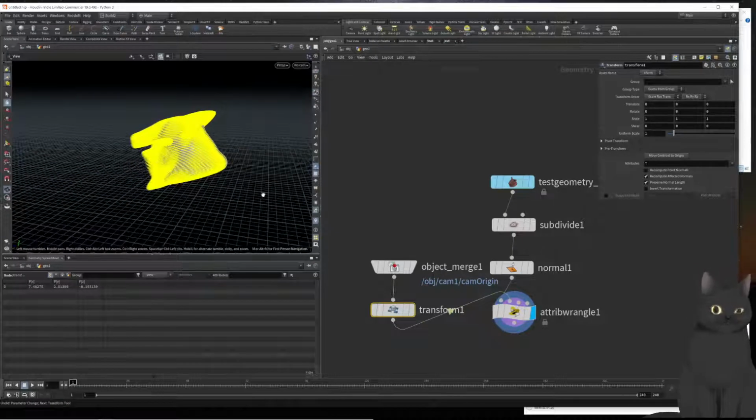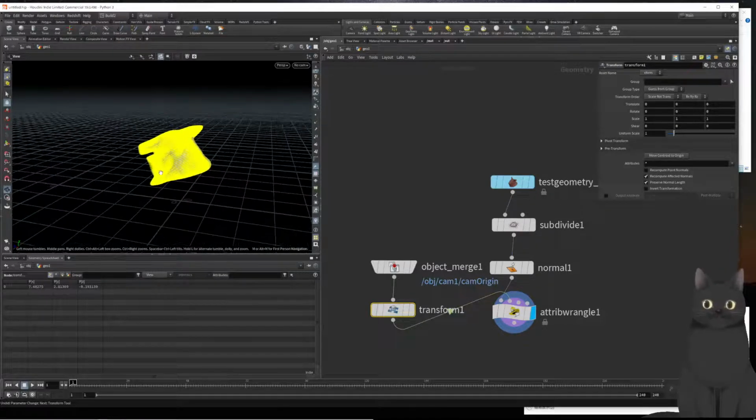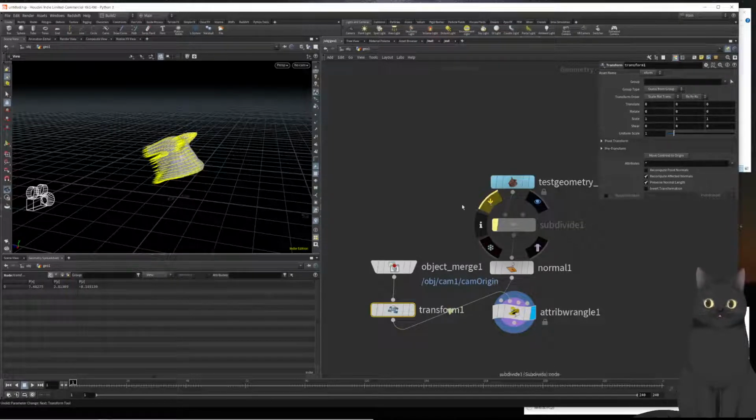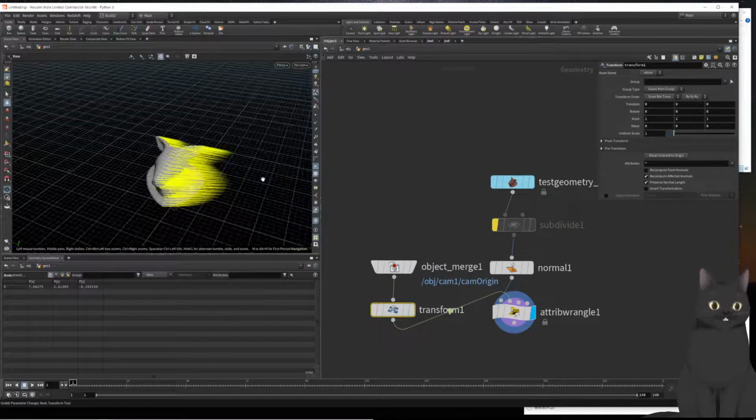we create a whole bunch of different vectors that are all pointing towards the camera. Maybe let's switch off the subdivide for a second so that we can see what we're doing a little bit more closely. Okay, if we now also show the normals, then you can get an idea for what we're about to calculate. So